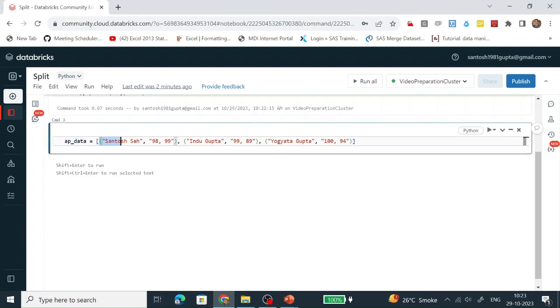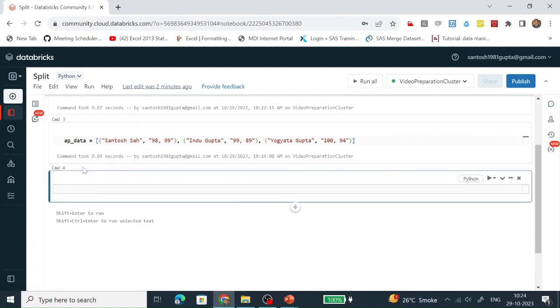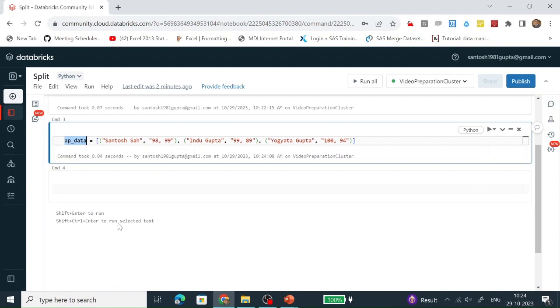The list variable has three objects in it. This is the first one, this is the second one, and this is the third one. The object which we are storing in the AP data list has an element which is of string type, but it is separated with the help of a comma. This is also separated by comma. This is also separated by comma. Let's run it. This list variable has been defined successfully.